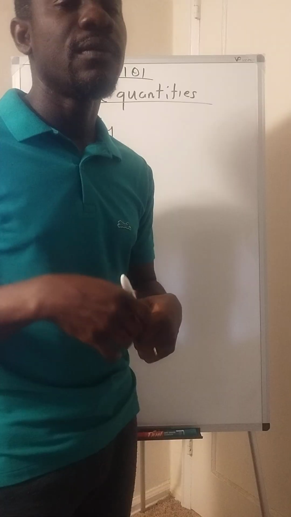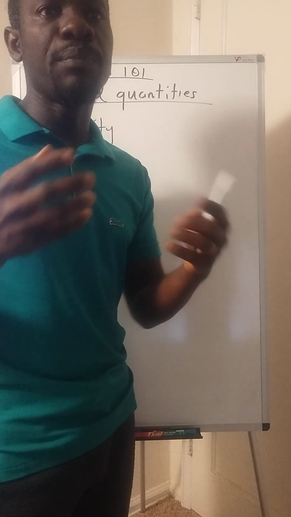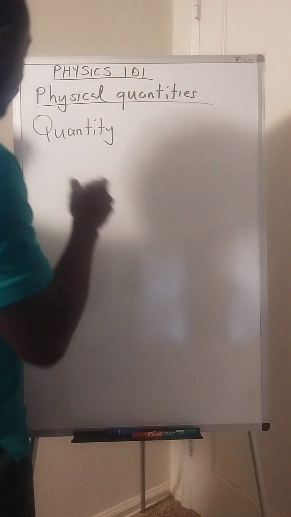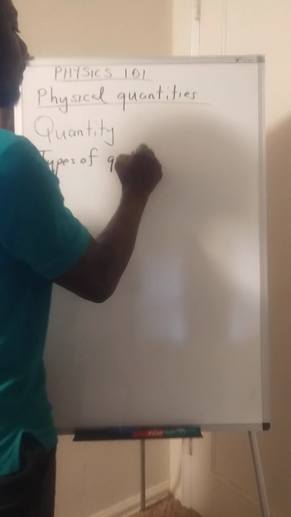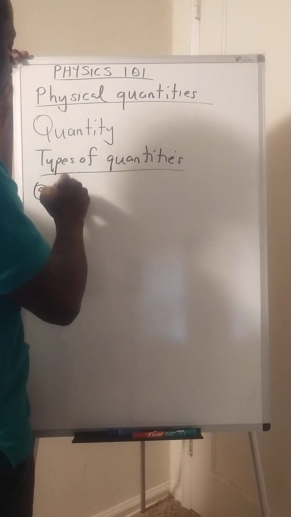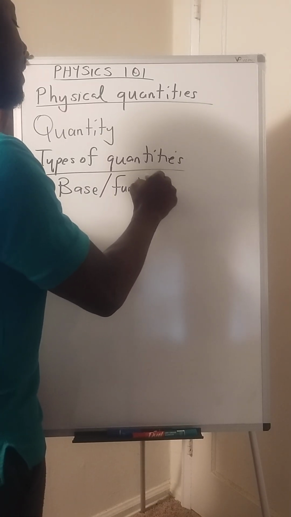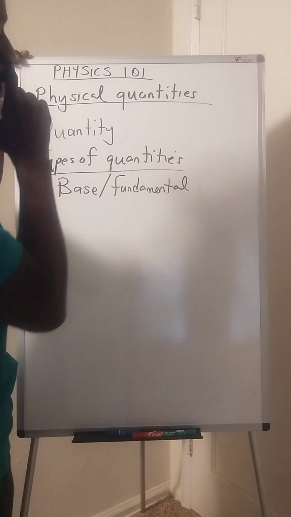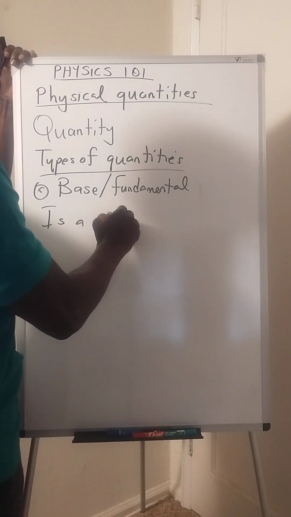Now we have 4 main types of quantities, but most of the books limit it to just 2. However, the first one, so types of quantities, we have the first one, that is the base or fundamental quantity. Right now, what is a base quantity? Now, a base quantity is a quantity